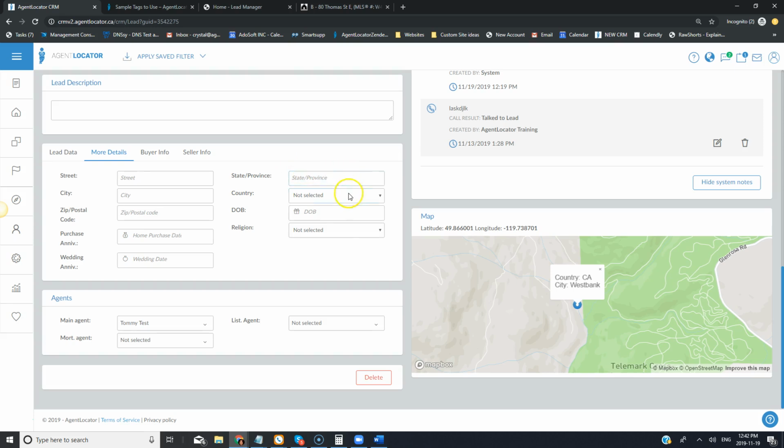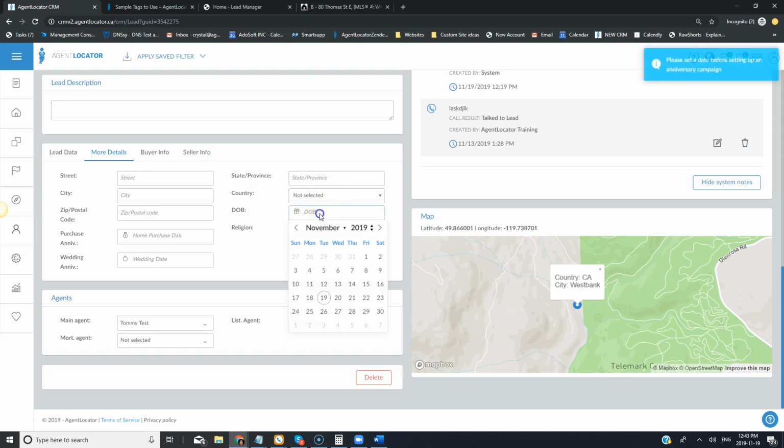The address portion of this section is connected to your ability to print labels, so it'll actually pull that information right from here. You will have the ability to add in purchase anniversaries, wedding anniversaries, and birth dates. When you do so, if you click on this little icon, it's going to give you the ability, so let's